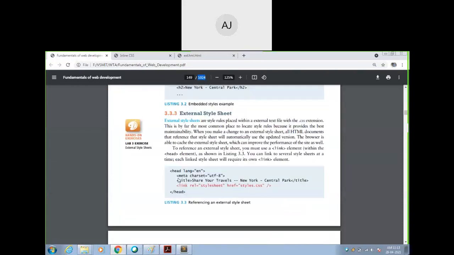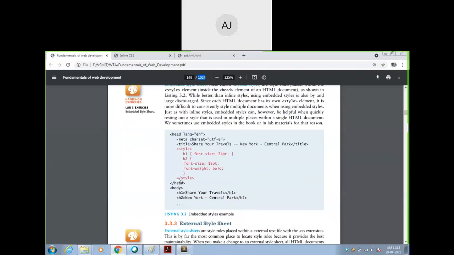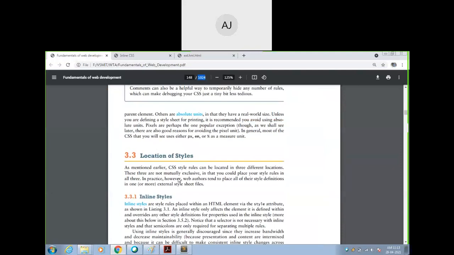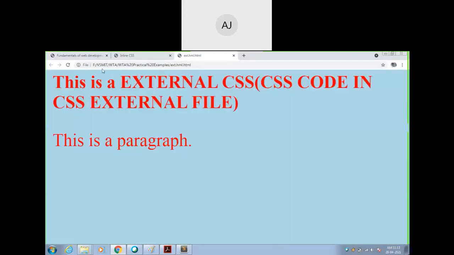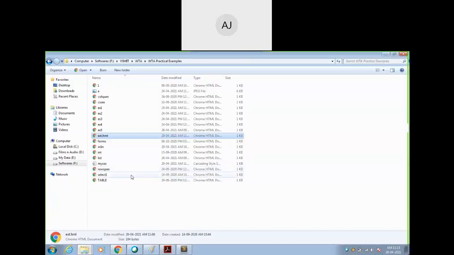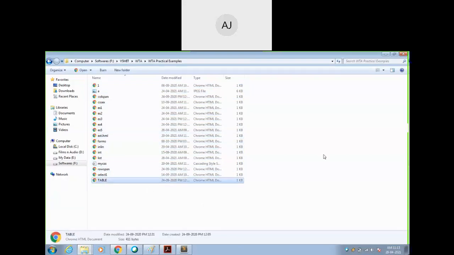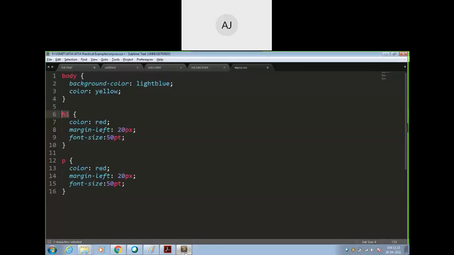Is this clear? Levels of style sheets. Try to implement the programs on W3Schools and even on your normal browsers. Okay. So if you want, you just call me. I will share these ready-made programs with you. I think we have some 18 programs already completed. Okay. So I will share this. See, these are all simple programs. Just download the Sublime Text. So everything will be done. Okay. Is there any doubts?